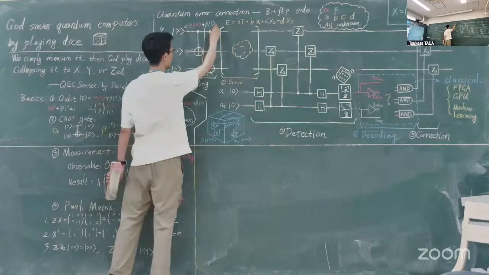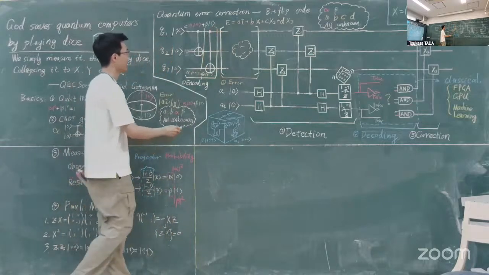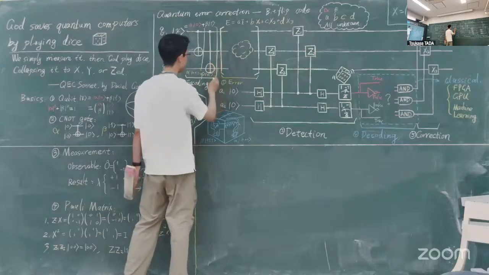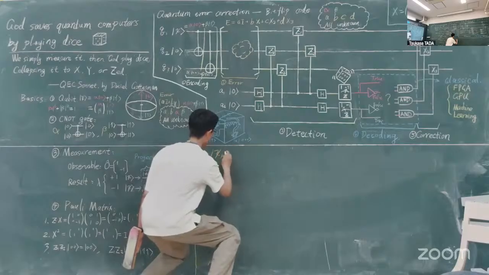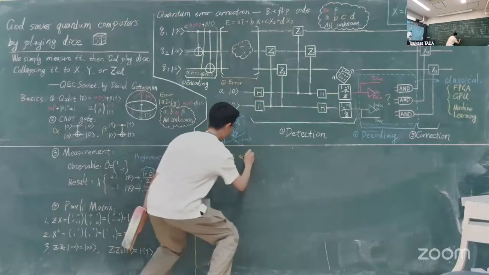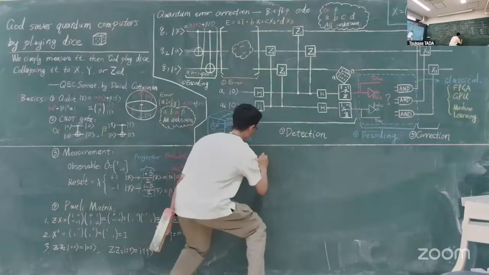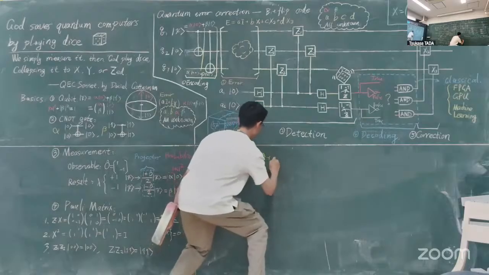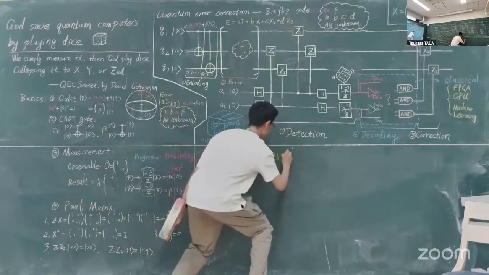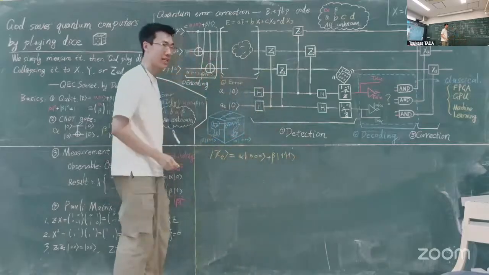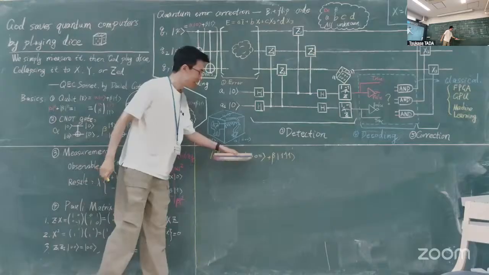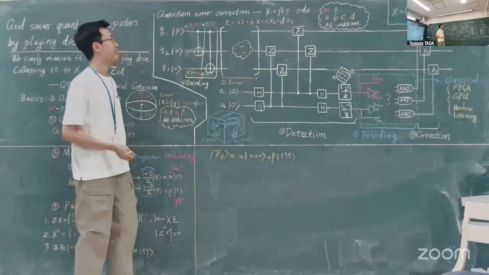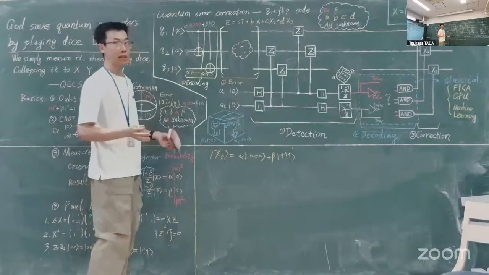And similarly for the second CNOT gate, we denote this quantum state to be psi_e. It is naturally the triple duplication of this quantum state, that's the |000> and |111> state. Okay, so this is the encoding process, and we just simply make the information redundant, and then an error happens.